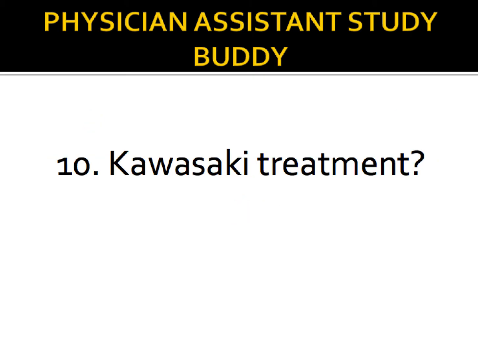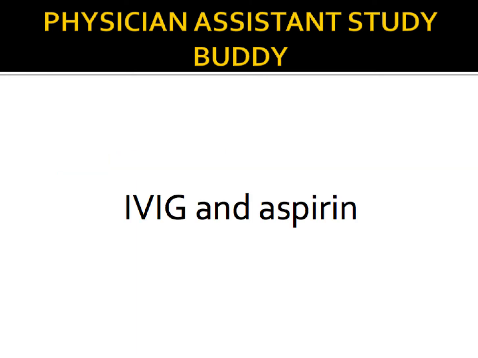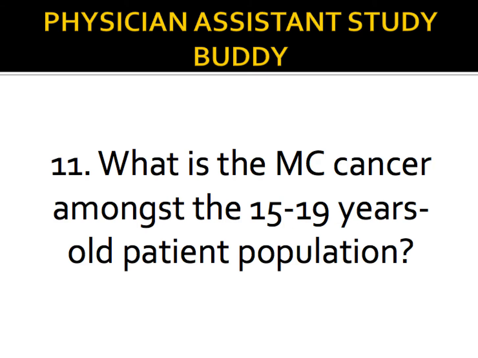Autosomal dominant. Kawasaki treatment. This would be IVIG and aspirin. So once again, they'll give you a stem with a young kid, and they'll ask you without even telling you that it's Kawasaki, but you're going to figure that out. And they may likely ask you what is the treatment, and they may give you IVIG as A, aspirin as B, and could be IVIG and aspirin as A plus B, but nevertheless, IVIG and aspirin.